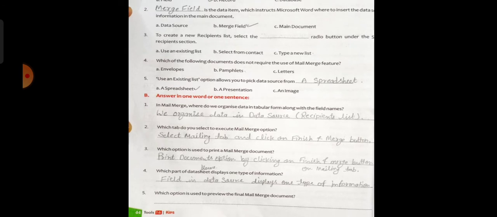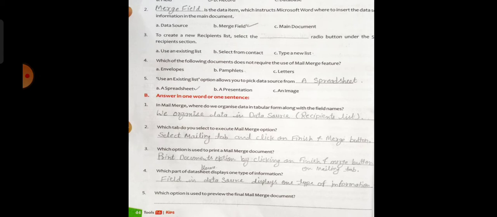Okay, now here we have one word or one sentence answers. I have written a sentence. Okay, you can write in one word also. Like first one is, in mail merge, where do we organize data in a tabular form along with the field name? So we organize data in the data source.